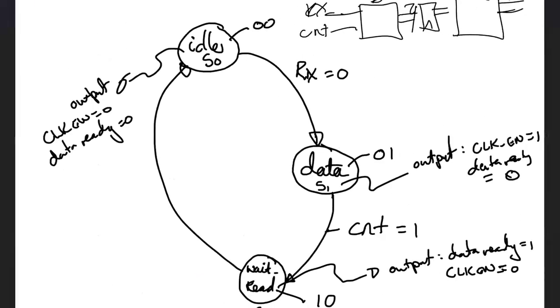For the receiver, I have three states. I have an idle state, I have a data receiving state, and I have a wait for the data ready to go high state. So this is basically waiting for a low on the receiver. As soon as it receives a low on the receiver, it goes into a data receiving state, and then